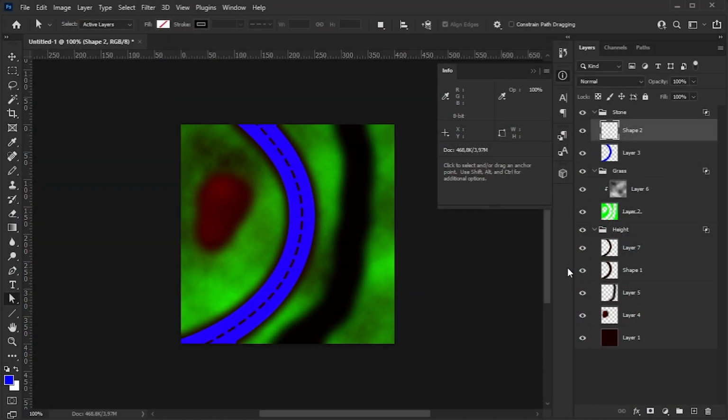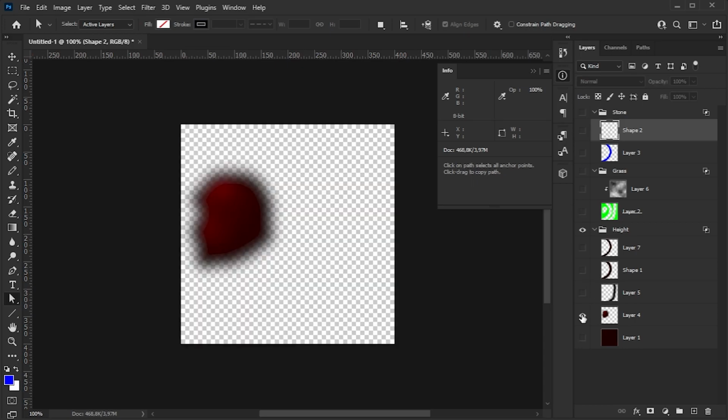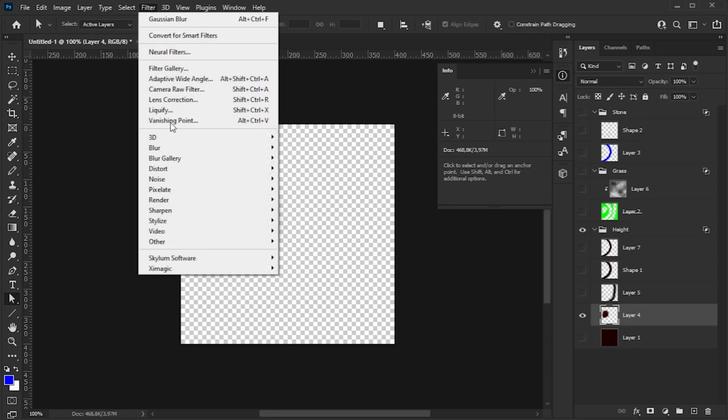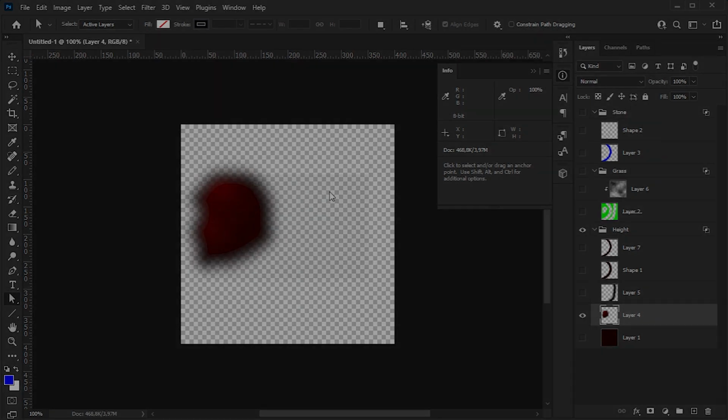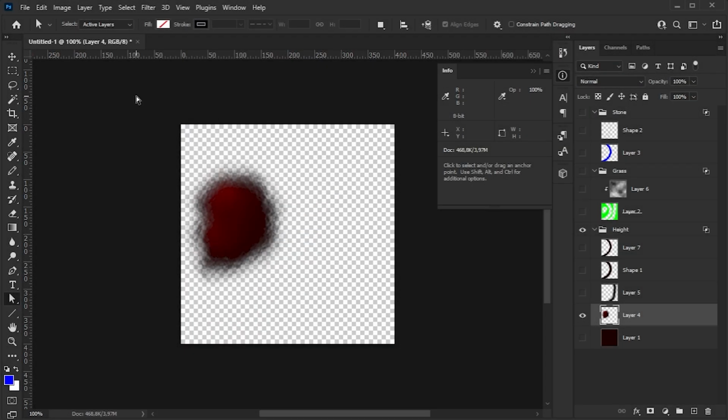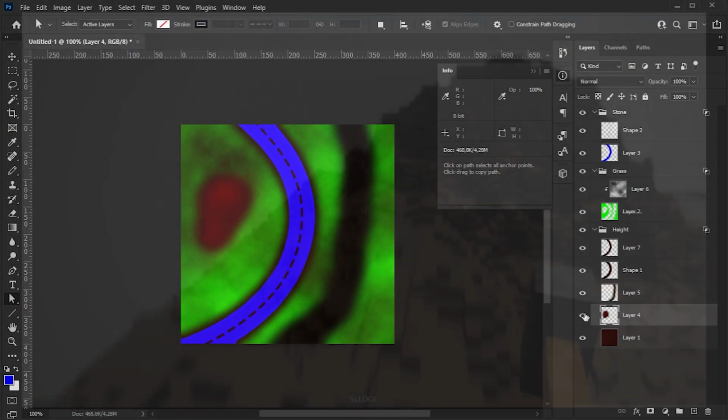As a final step, I will add some irregularity to the very smooth hill we made. I select a layer with the hill on it in the height group. Then I pick the displace effect and use it to displace the pixels in the hill layer. This is the image I use for the displacement effect. Unfortunately, I can't share it with you as it's based on a texture asset that I've bought. But any grayscale image should work. Just experiment around until you find something you like. Let's have a look.